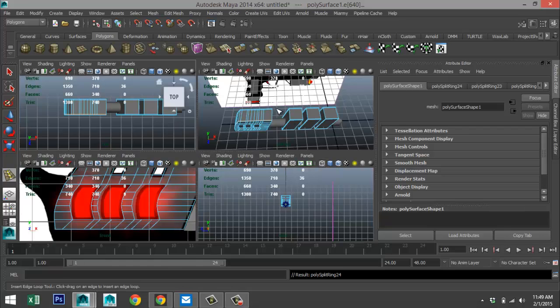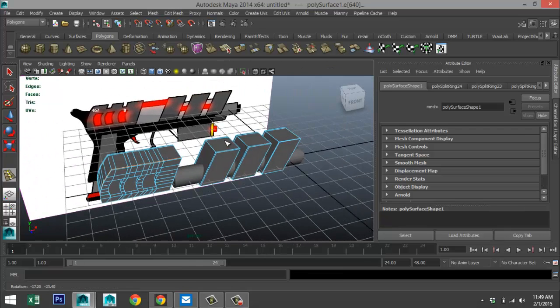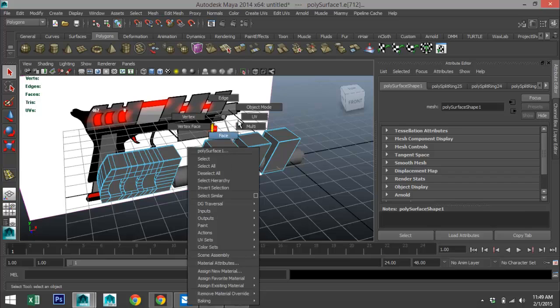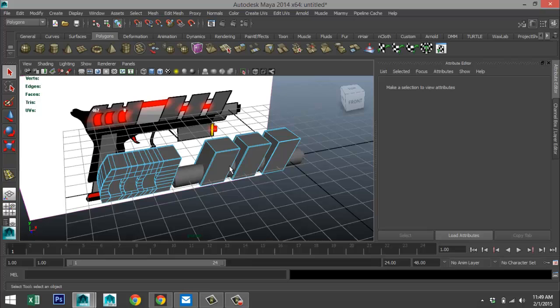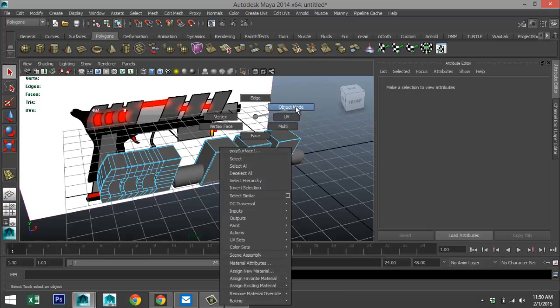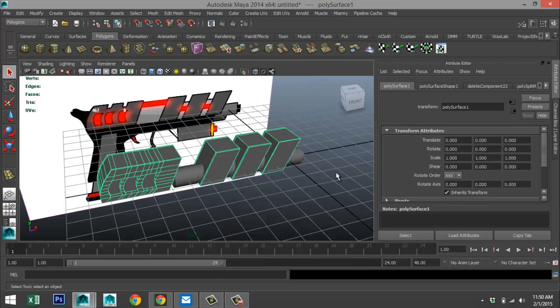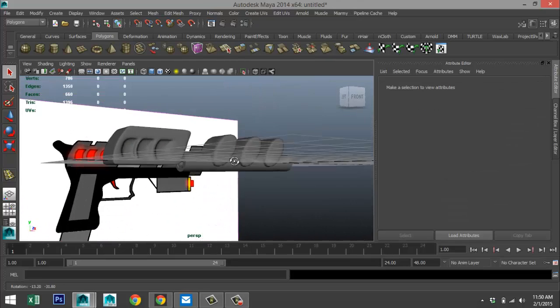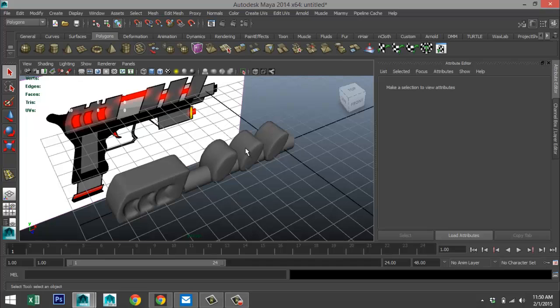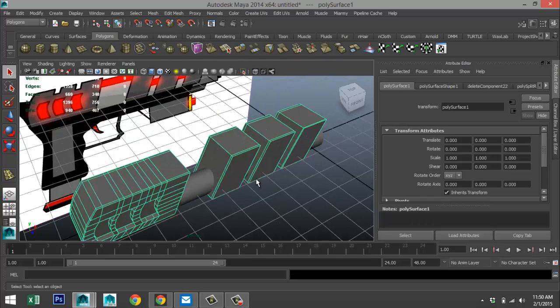All right. So now, if we go to object mode and hit Q on our keyboard, get rid of this edge here. Delete that one, okay. Object mode, 3 on your keyboard. As you can see, it's not straight enough. This is fairly close, these are not. So hit 1 on your keyboard.